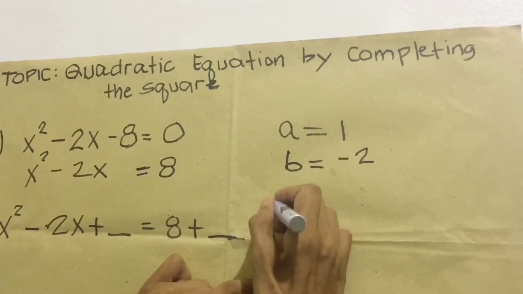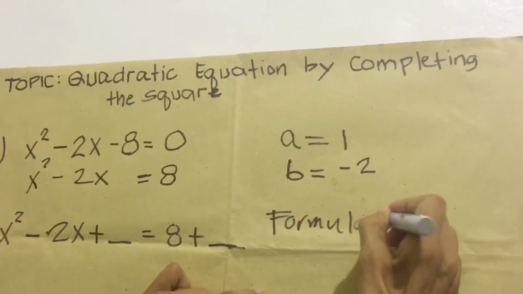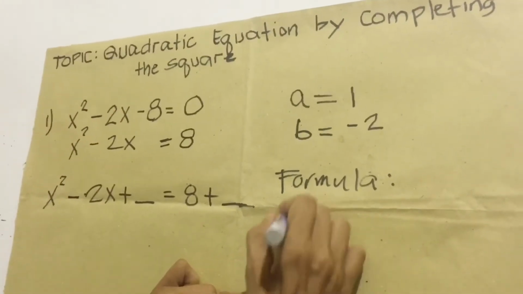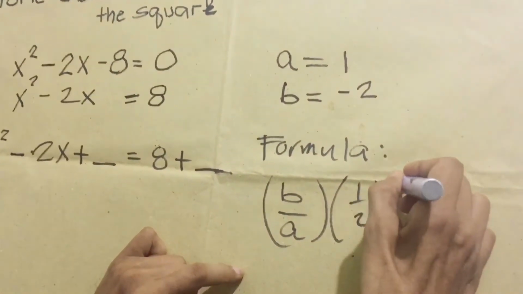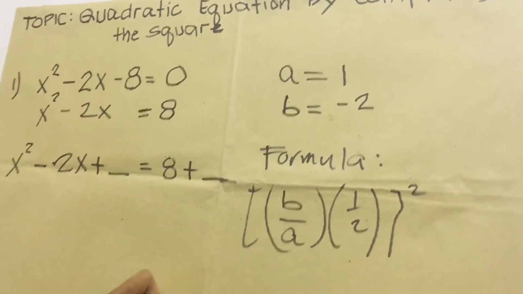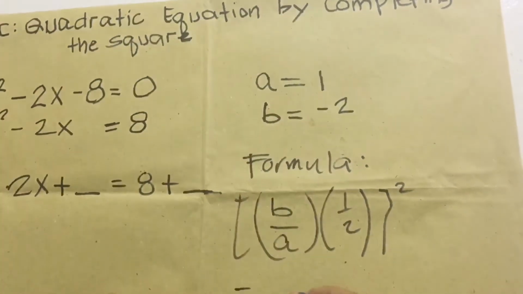Then next we're going to remember the formula. The formula is b over a times 1/2, then you have to square the result. Okay, our b is negative 2,